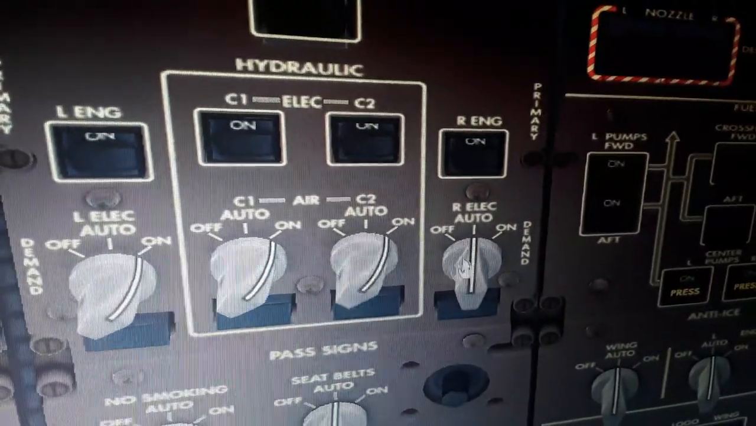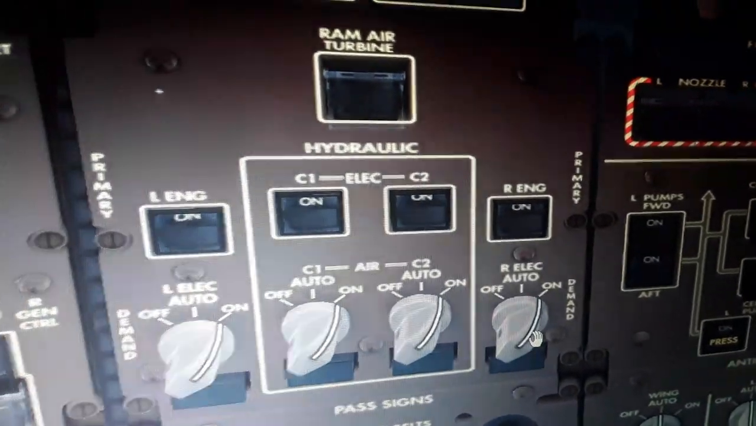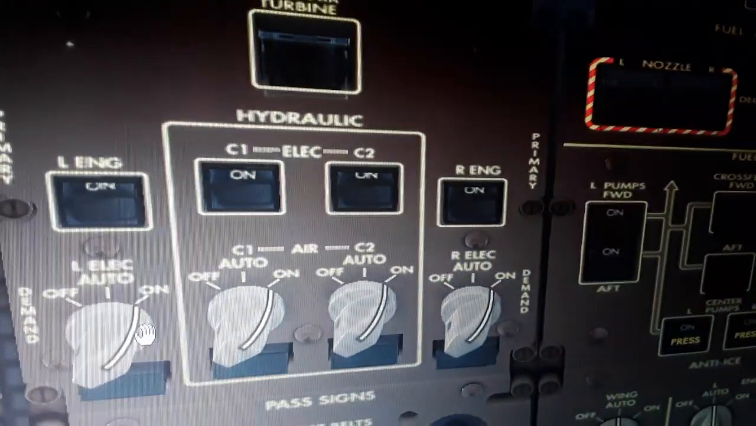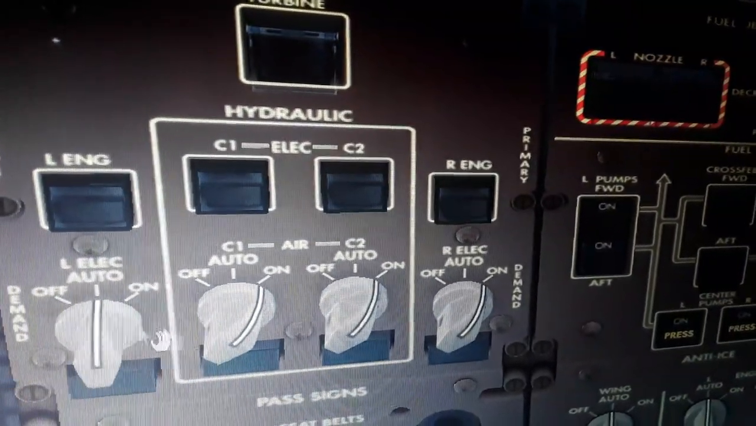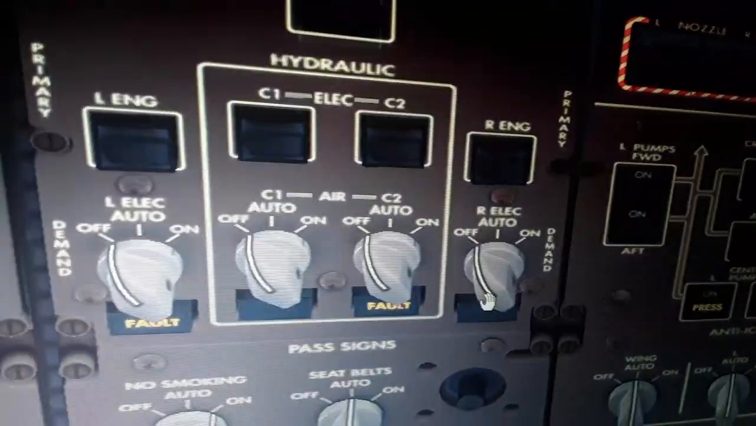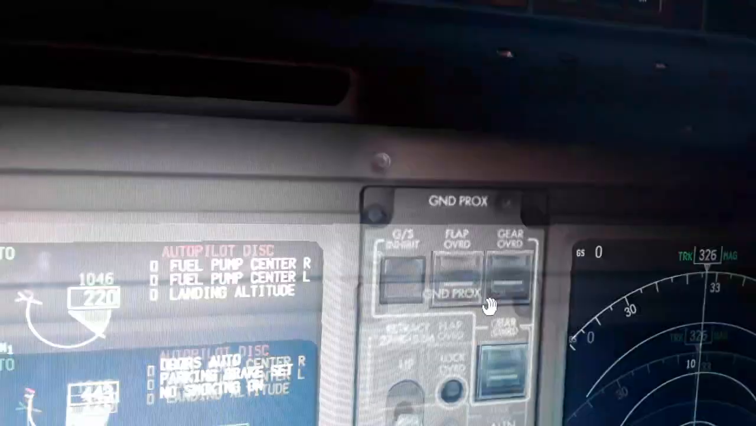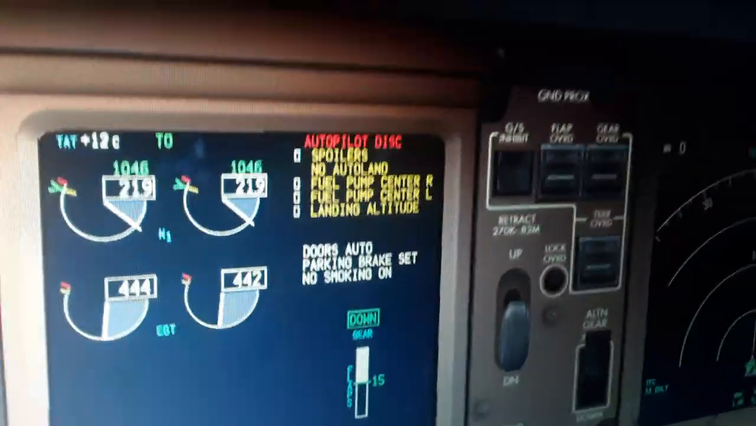You can turn them on and off. So we have like 13 more minutes. If I turn this off, you will see the fault coming on here. I'm going to lose some systems from the hydraulics, so you will see